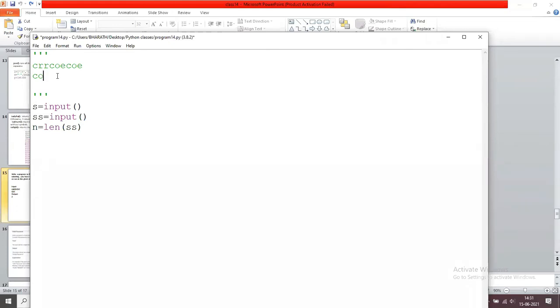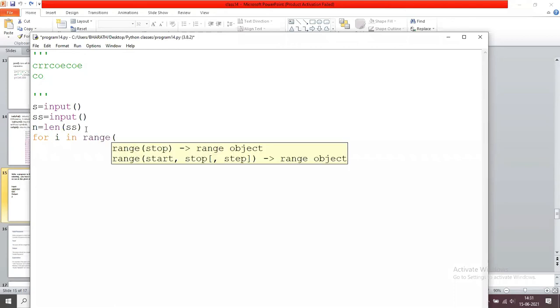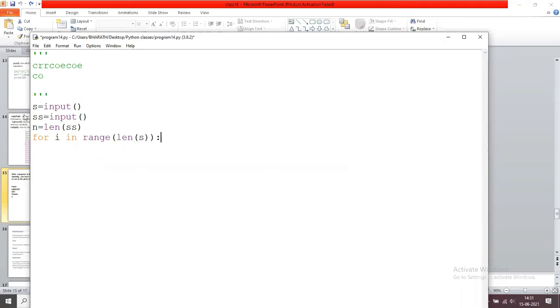Okay. Now I run a loop for i in range of length of S. What does length of S mean? What is the length of S? The length of S is 1, 2, 3, 4, 5, 6, 7, 8, 9.